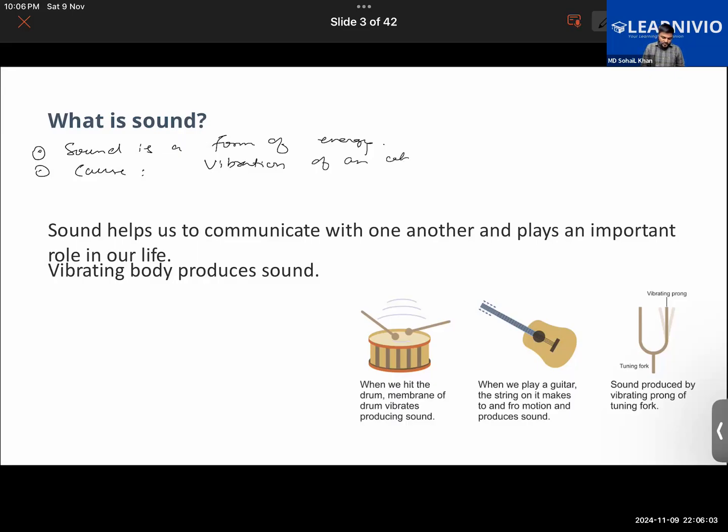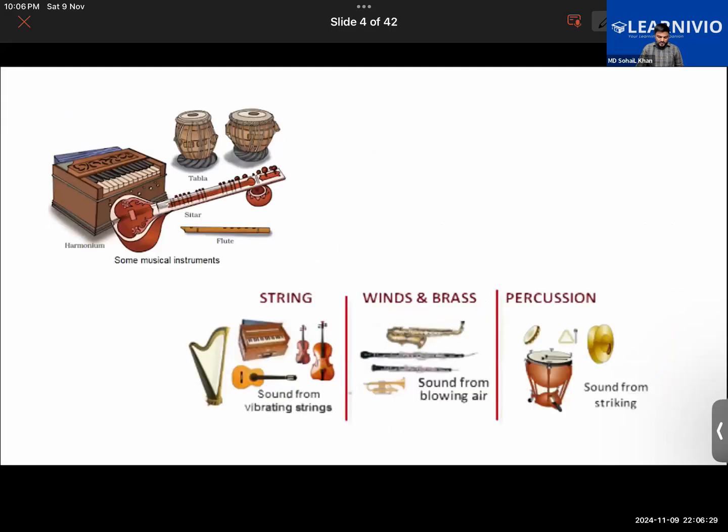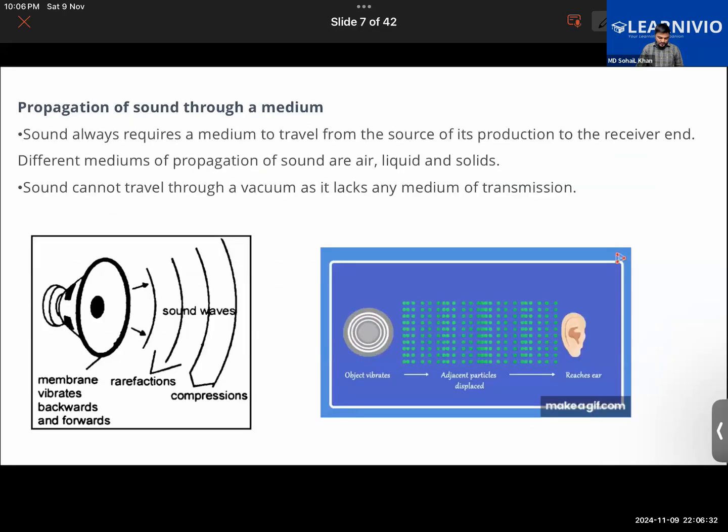of an object. So take the example of this drum here. As the membrane of the drum vibrates, what about the air molecules that are above the membrane? Will they not vibrate also? Will there be no movement in them? Yes, Harim, Ibrahim, and Aisha, there will be. Of course. So just take a look at this animation first. As the object vibrates, look at the air particles here. They're also vibrating, and aren't they vibrating in a very particular fashion?